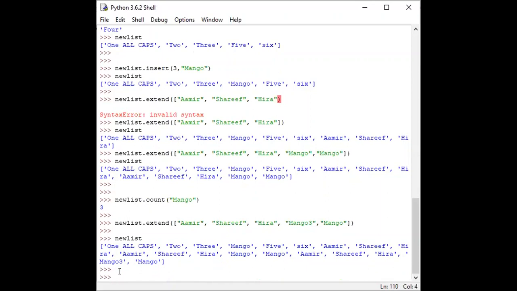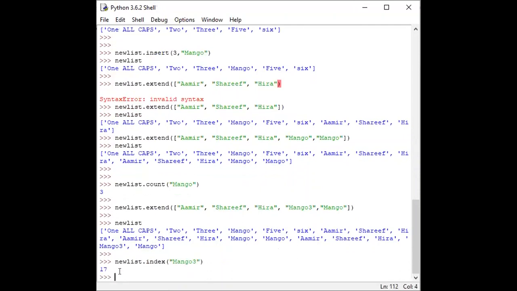We want to check the address of this mango 3. So we can check here new list dot index of mango 3. So this mango 3 is placed in the 17th address of the list. We can check again the length of the new list.